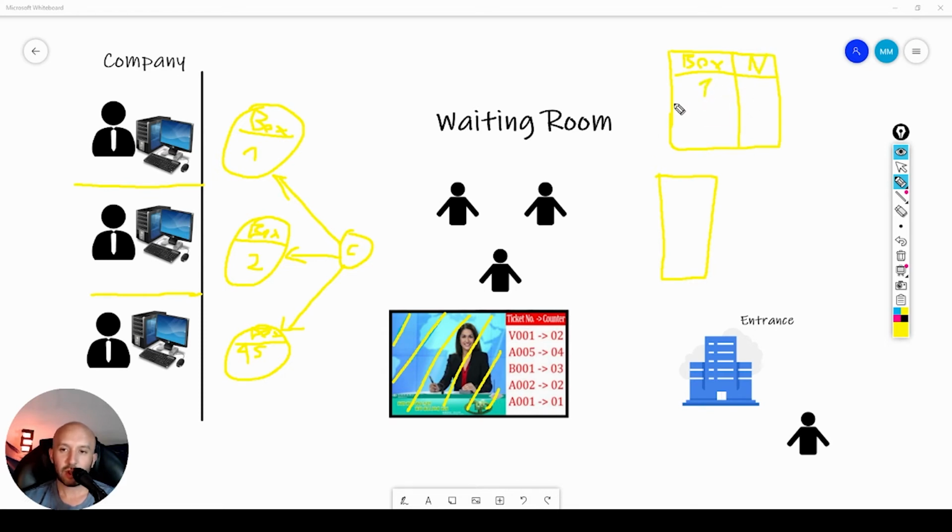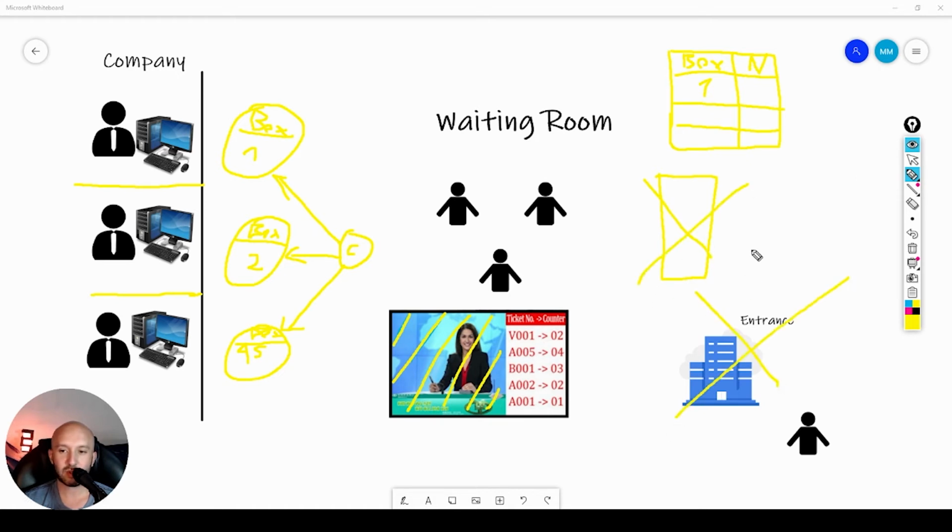That's basically what we will have, and we will have several records, one for each box and the number that they are taking care of that is assigned to a customer, right, at that certain point in time. So this is a way to actually model this, and for the triggers and the way this is going to work, we will need a centralized point that will have the latest number, right? Because remember, we don't have access to this part of the system. We don't have access to the part of the entrance where the client gets the following number. We are just in the boxes.